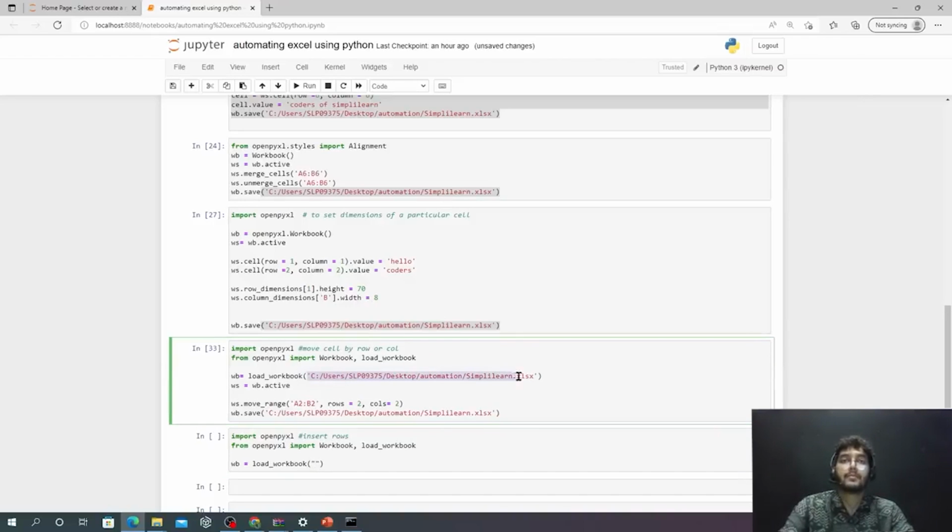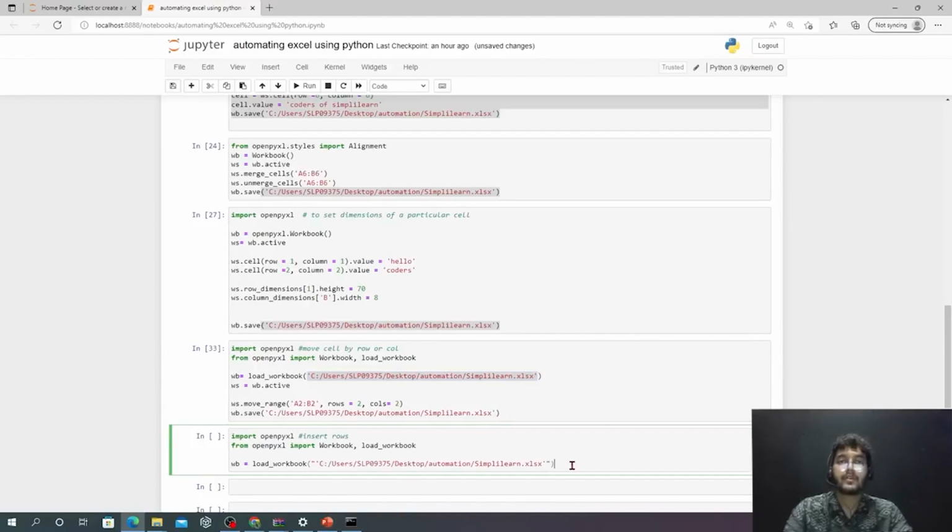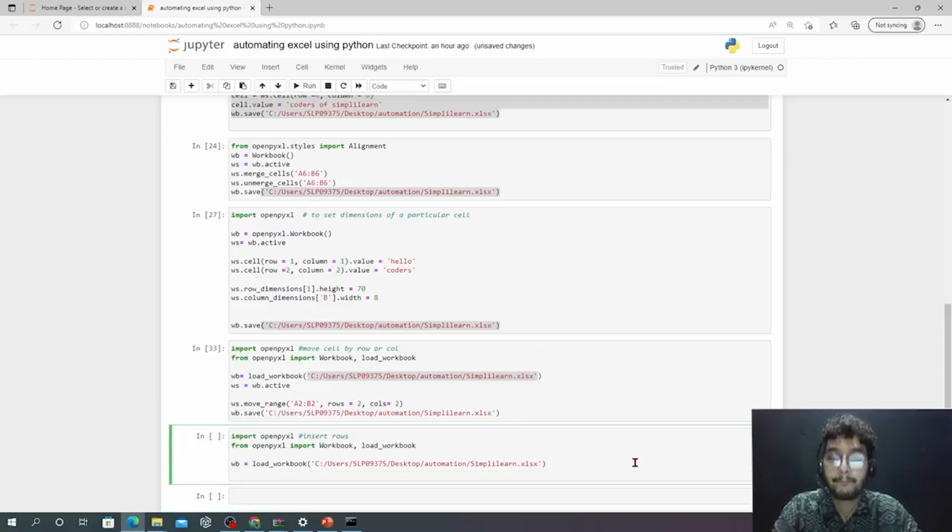Let me copy the path. Let me make it active. So I want to insert a row at position 2